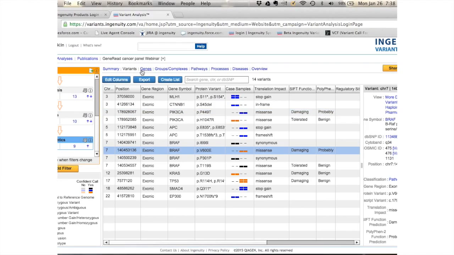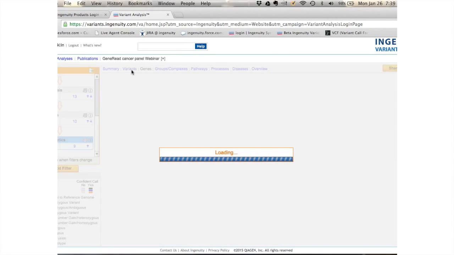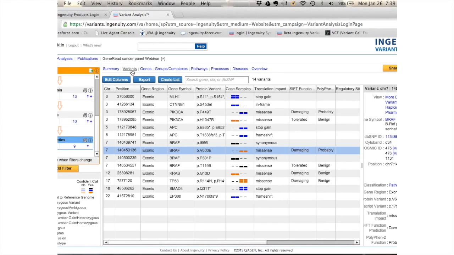So here we see this one analysis where I've used a GeneRead cancer panel. And this is just an example of what can be done. And as you can see on the left side, I have my filtering cascade. So it's dynamic. I can see the number of variants. Of course, we're not talking about whole genome here. So I started with 200 variants